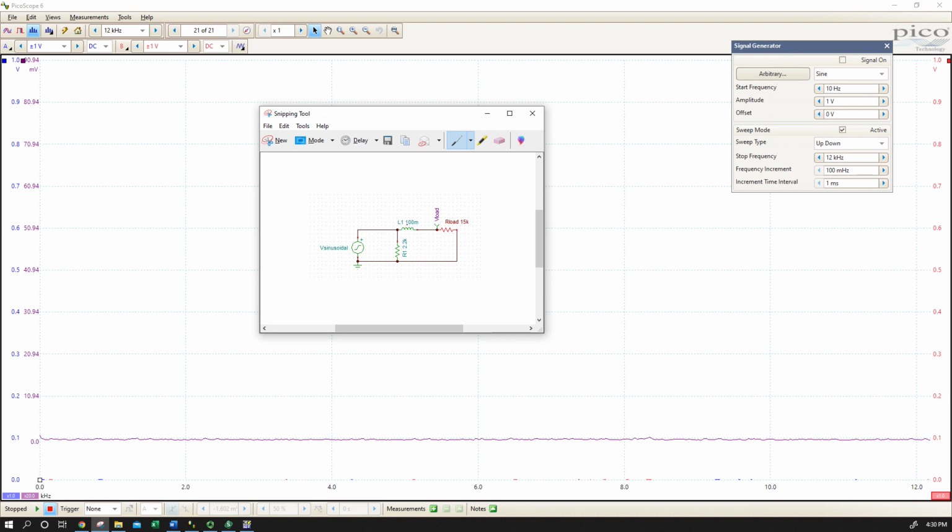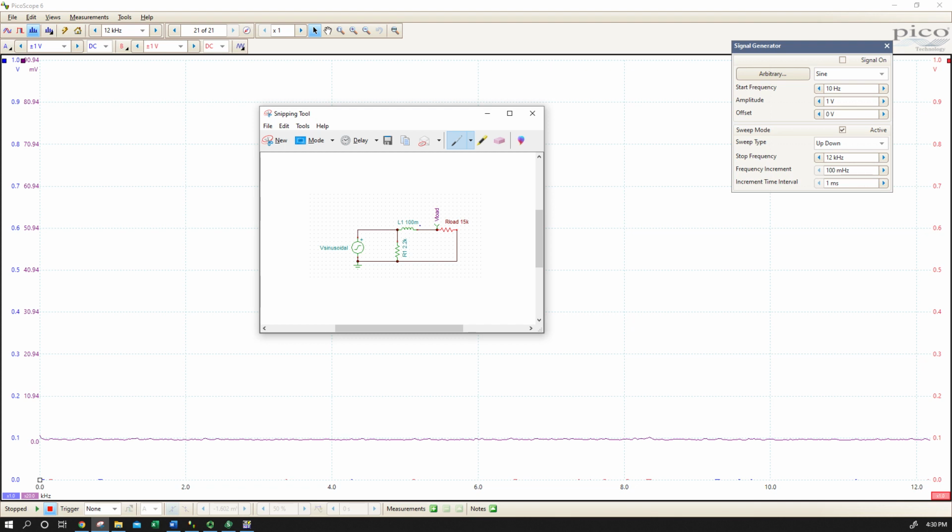So the higher the frequency, the higher the inductive reactance, and so the more voltage drop we have over our inductor versus available for our load. From that standpoint, we would tend to think that we would have a low pass filter going to the load,